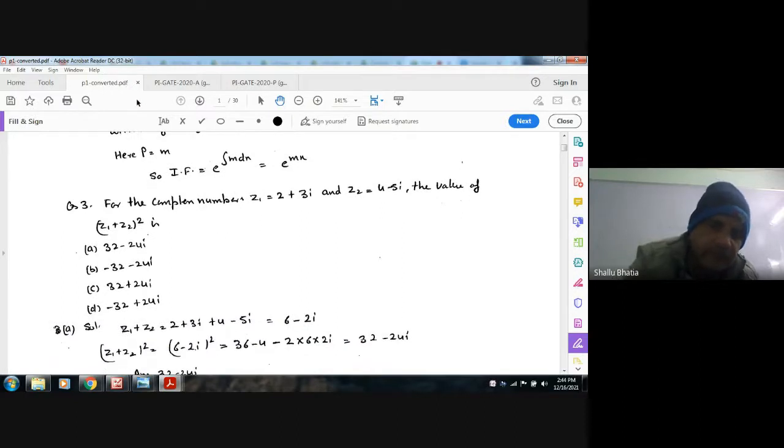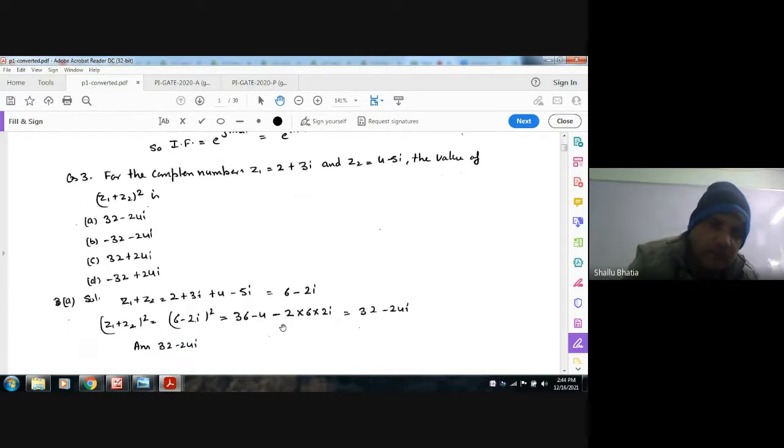This is your z1 and this is your z2. So z1 + z2 is 2 + 3i + 4 - 5i. 2 plus 4 is 6 and 3 minus 5 is minus 2, so z1 + z2 is 6 - 2i, and if we square it,